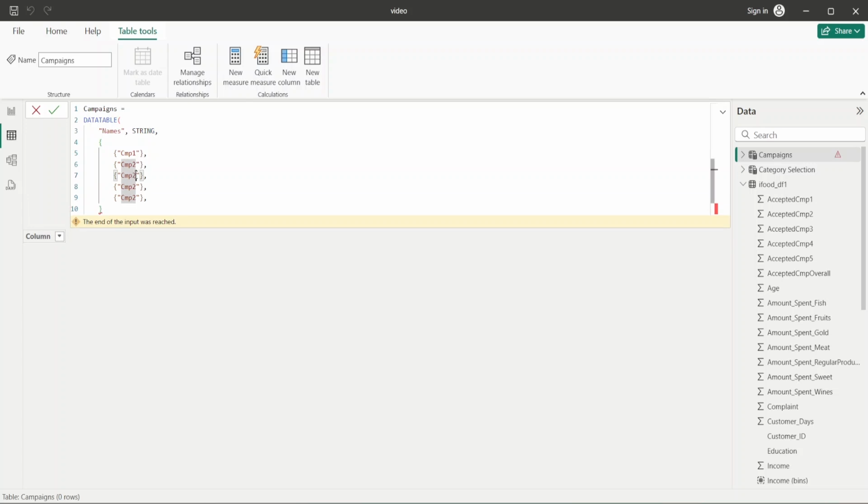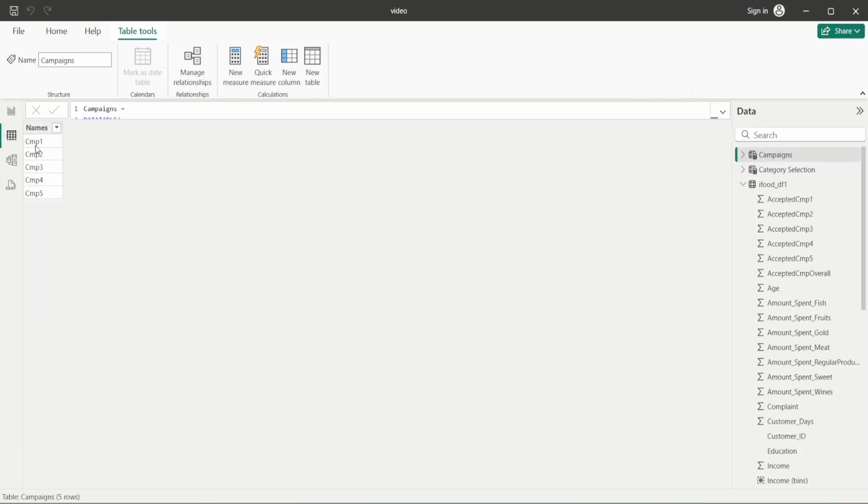We will quickly change it to 3, then 4, then 5. Once this is done we will close the bracket and press enter. So you can see that we now have the campaign names available. 5 campaigns are available, campaign 1, 2, 3, 4 and 5,